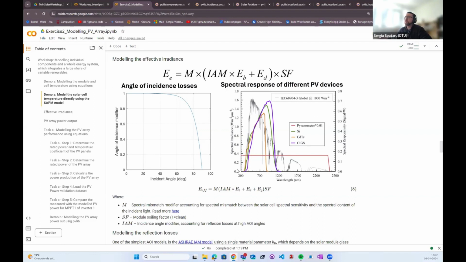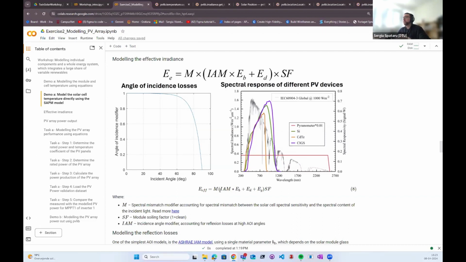So in order to know how much losses, reflection, or angle of incidence losses you have during the day, you need to model your angle of incidence using a solar position model, but you also need to know the reflective properties of your glass to calculate this curve here. And there's models for this for typical solar glass. Now, if you have some special glass like satinated glass, or glass with different structures, it will have a slightly different angle of incidence